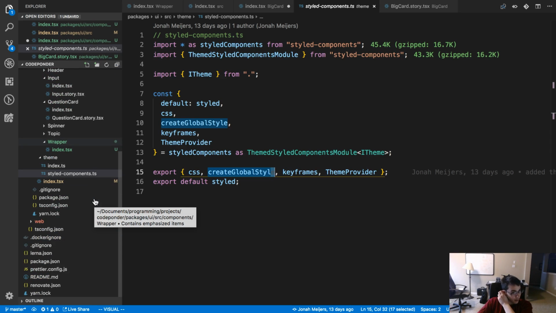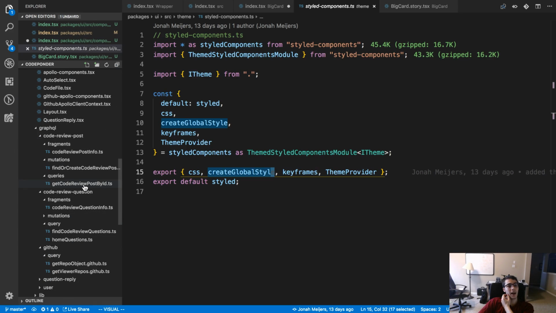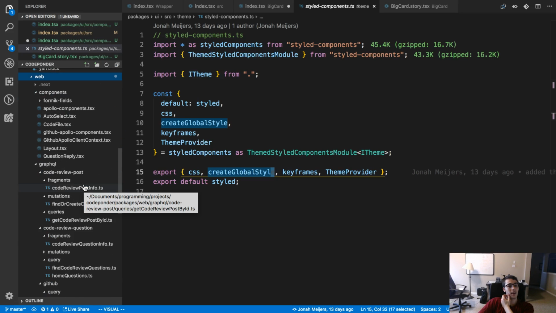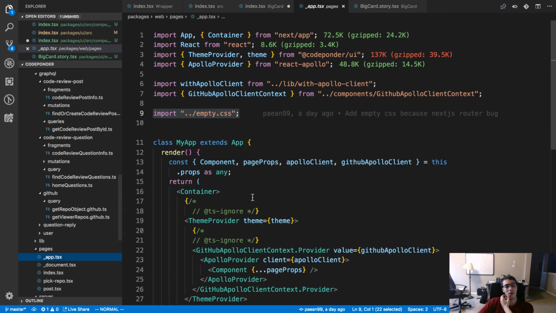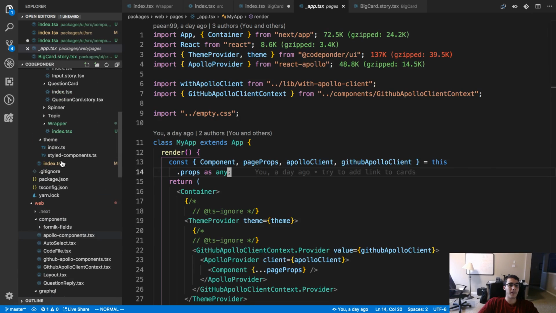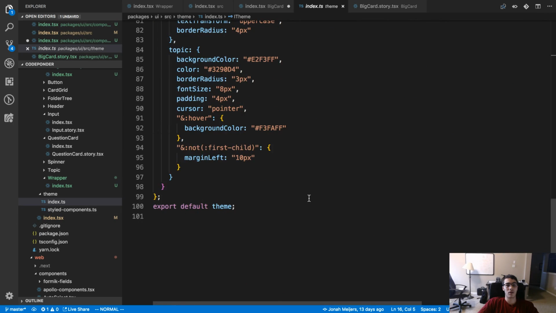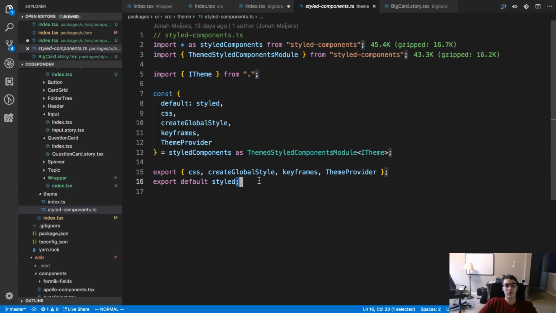Alright, let's add that. I don't think I need to check if we're already adding a global style or not, that I can just add it onto that. Nope, there's no global style right now. So in my theme, I'm going to export one, I guess. Or I guess in here, I want to export a global style.